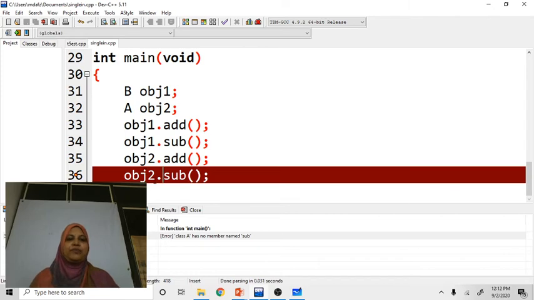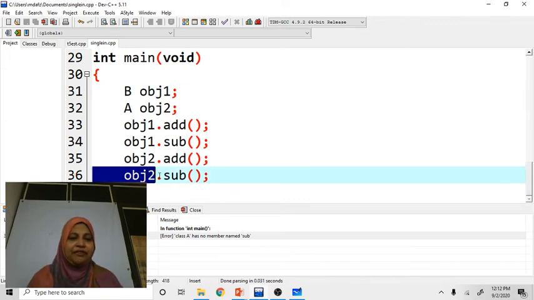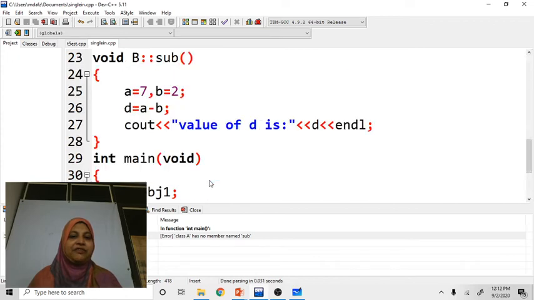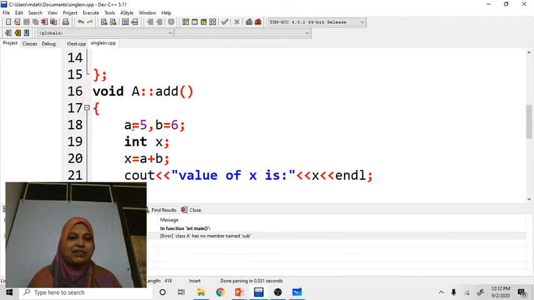See here, object 2 of class A has no member named sub. What is this function? The sub function. Where is the sub function declared?